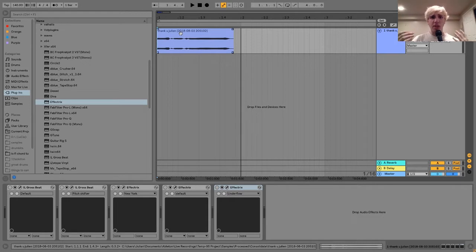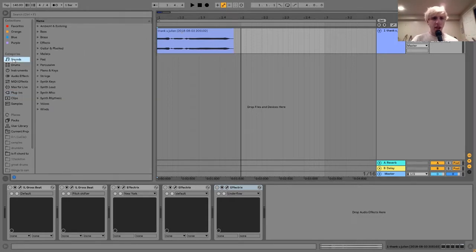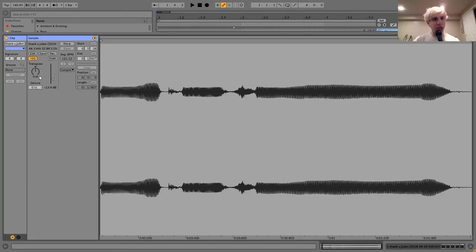And then this is also really good because it's very clean. We're going to have to do a bit of heavy effecting to make this work and to really give it that character that you hear in a lot of beat tags. So you want something pretty clean, and this "Thank you, Julian" is perfect. So the first thing I'm going to start doing is pitching this clip up